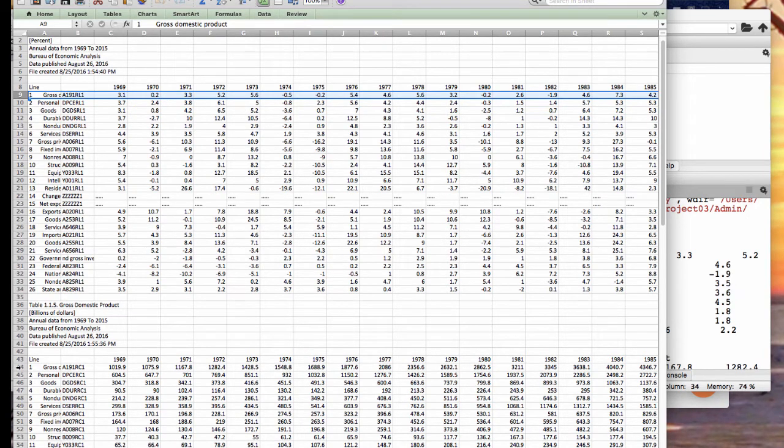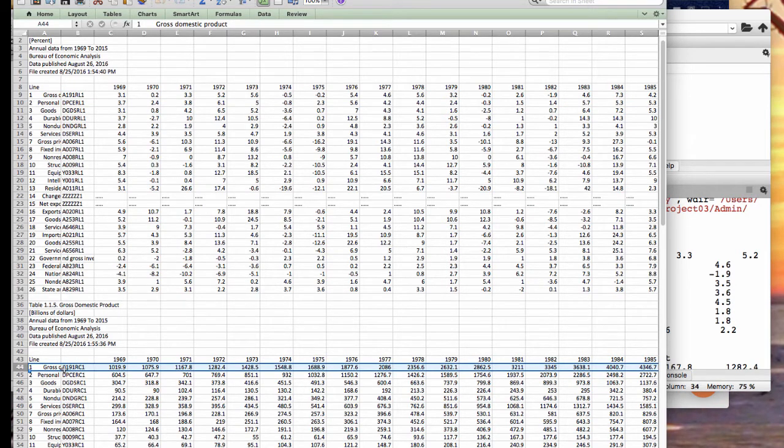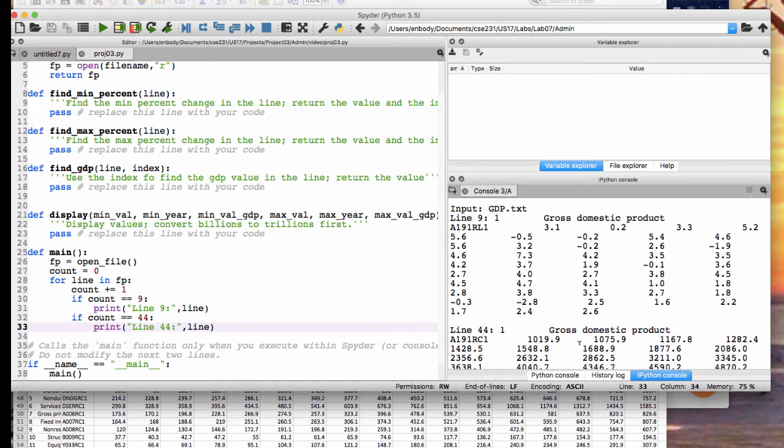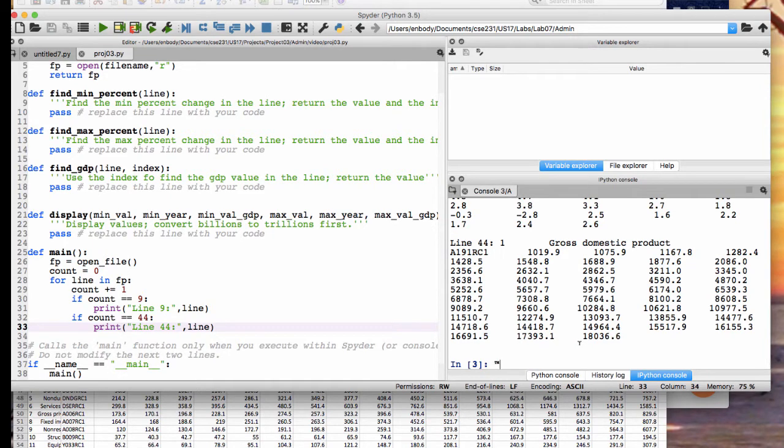That looks right. My line 44, gross domestic product, some key value there, 1019, 1075, and there we go. We can see my values. There is the 1019, 1075, and so on. So now I have proved to myself that I've got this thing working. And what I need to do now, that I know that I'm at this line, is this is where